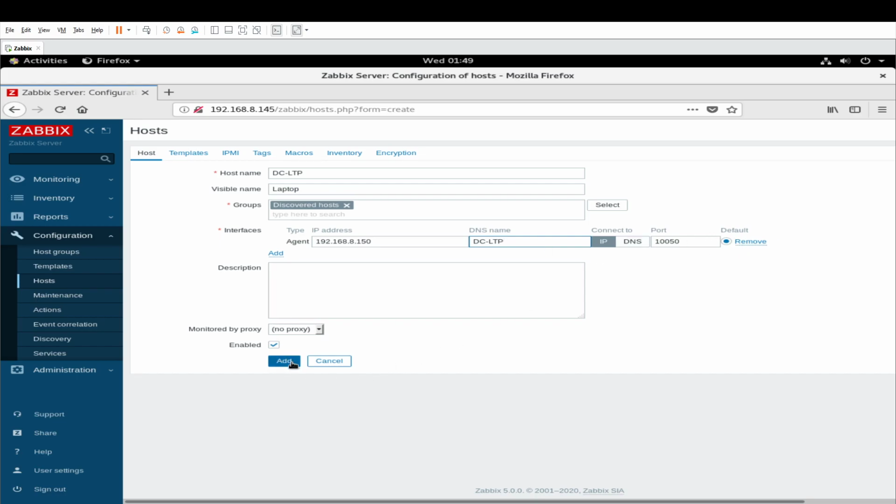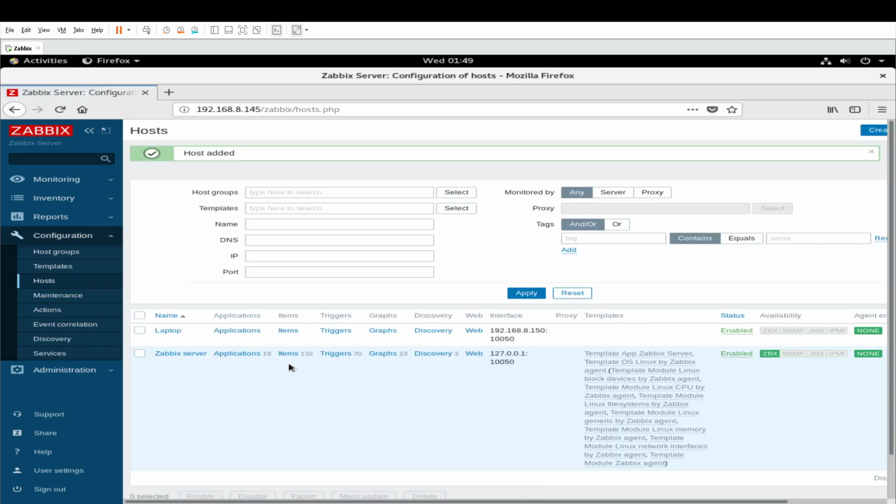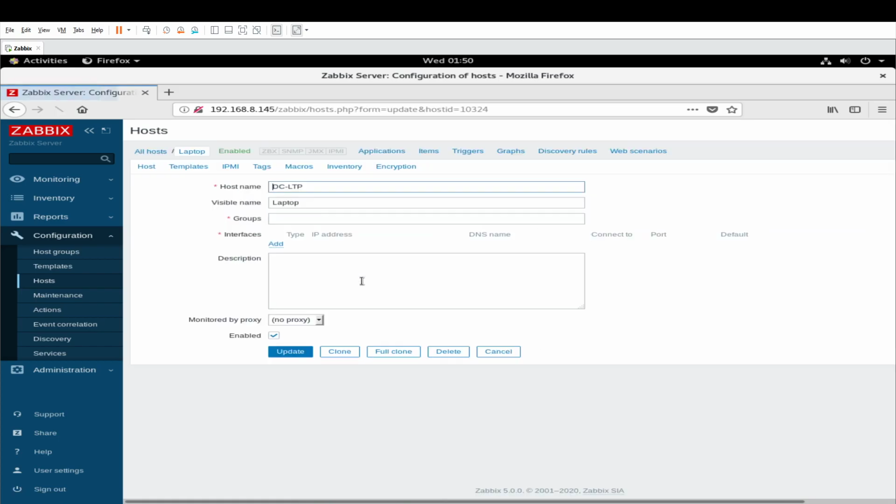And here we are going to add it. Monitored by proxy? No, there is no proxy in here. So add. The host is actually added, and if we click again on this host, it's still not shown as available right now, but after some time it will fetch the information.